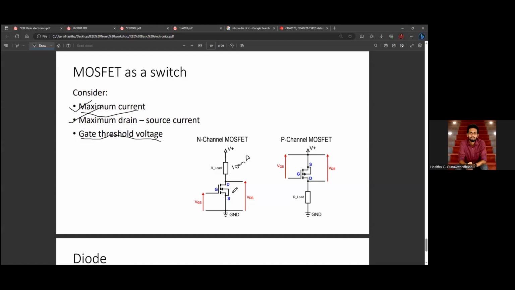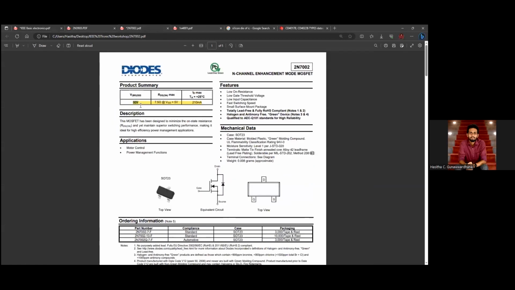So there is a parameter, maximum voltage between these two terminals. That is also given by this. For this model, we can have 60 volts between drain and source terminals without